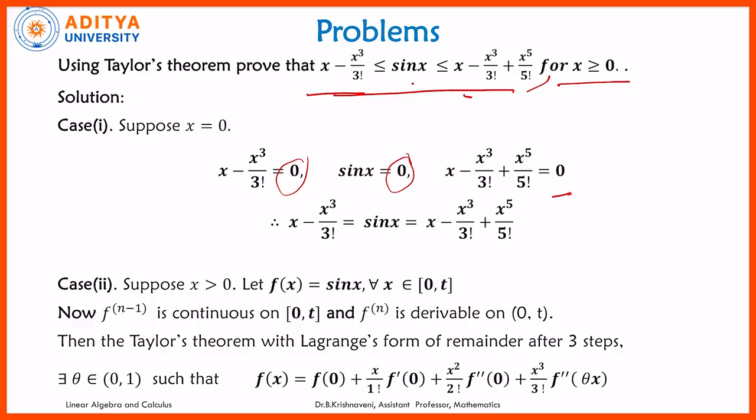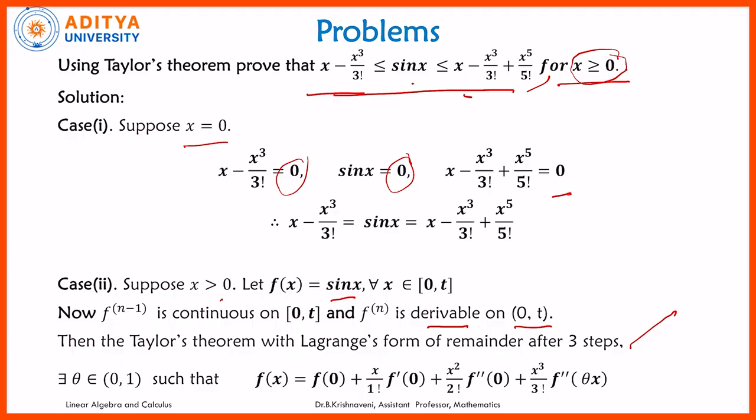Now let us consider case 2, which is x greater than 0. Since x is greater than or equal to 0, we have already verified it for x equal to 0. Now let us move to x greater than 0 and take f of x is equal to sin x for every x belonging to [0, t]. Clearly f and its derivatives are continuous in the closed interval [0, t], and the nth derivative is derivable on the open interval (0, t). Hence, by Taylor's theorem with Lagrange's form of remainder after 3 steps, there exists theta belonging to (0, 1)